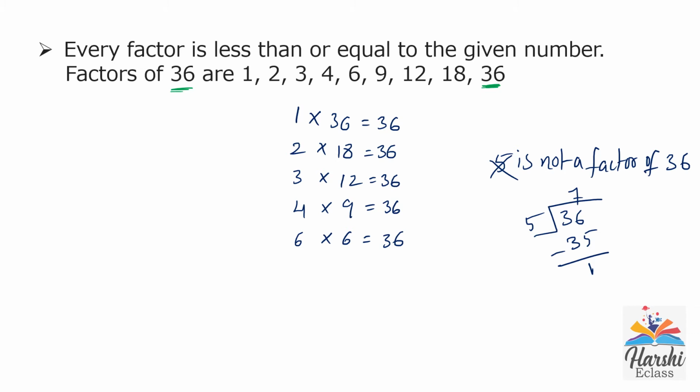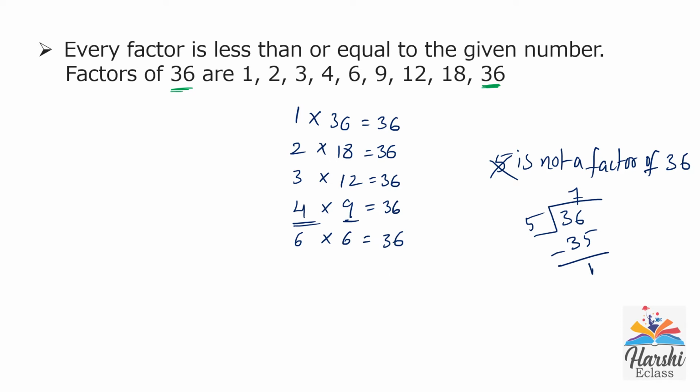Next, 9 fours are 36. Usually while writing the factors, we need to check a few points. If the numbers start repeating, 4 and 9, these two numbers are already there. 9 fours and 4 nines are both the same, so they are going to repeat. So we will stop writing the factors here. Once the repetition starts, we will stop writing the factors.